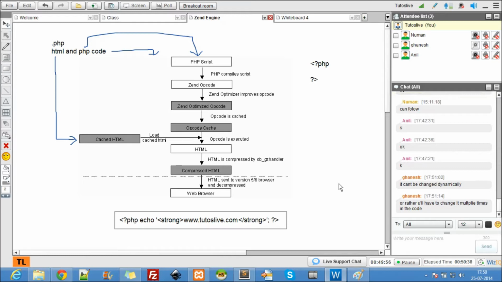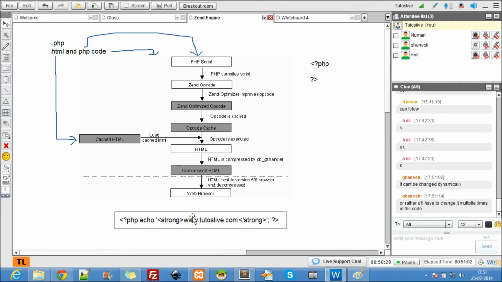You can make this dynamic, no issues. I can make this dynamic, but the real problem is, why should PHP compile an HTML code which the browser can really understand, right? Browser understands HTML code. Why should I include this strong inside PHP when the browser can readily understand it?